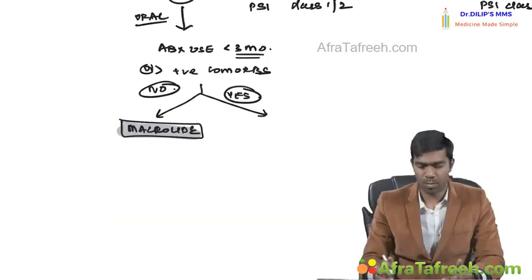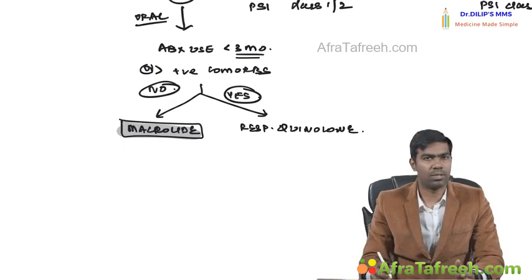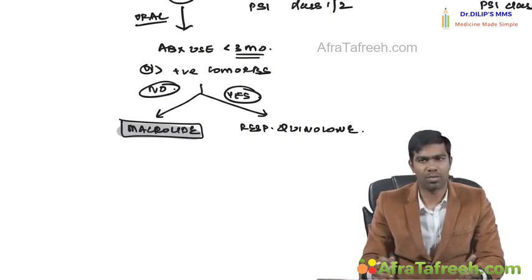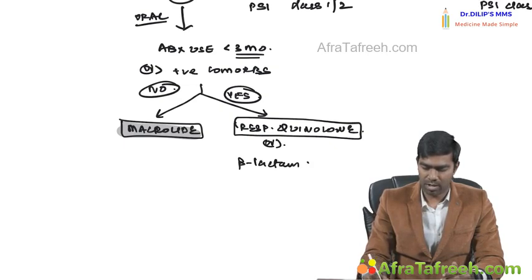Suppose the answer to any one of the questions is yes, that is, they have used antibiotics in the last 3 months, or the patient has some comorbidities. Then in this condition, you can use a respiratory quinolone. A very common example of respiratory quinolone is a 3rd and 4th generation quinolone. Among these, the 3rd generation is so commonly used, that is levofloxacin. Clear? So you can use a respiratory quinolone, or you can use a combination of a beta-lactam drug and a